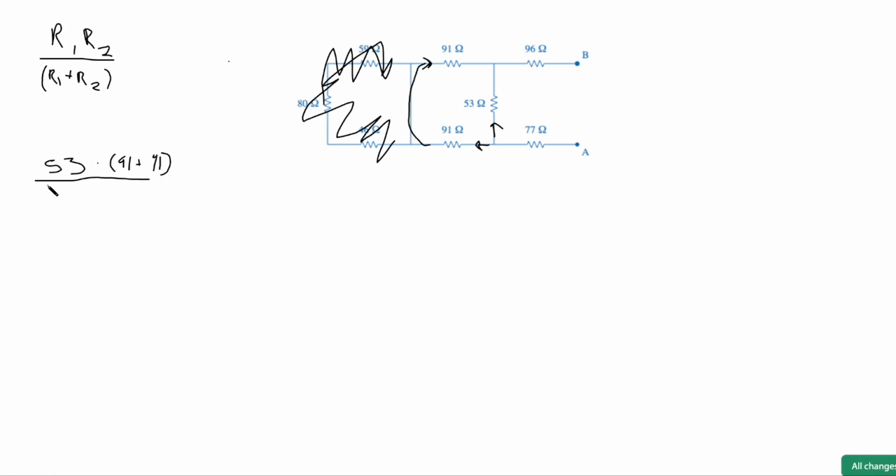Now at the bottom, it's going to be divided by 53 plus 91 plus another 91. And using this equation with these parallel resistors, we should be able to get the equivalent resistance of these 3 here. Now, plug into your calculator, you should get about